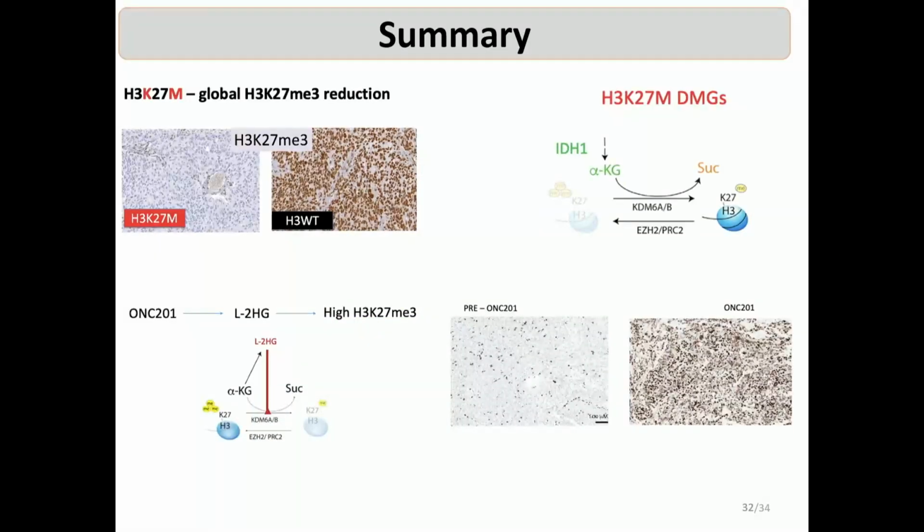So I'd like to summarize the 4 key take-home messages that I'd like to convey to you. The first is that this K27M mutation, that is the defining feature of these tumors, leads to a global reduction in this 27-trimethyl mark, as seen here in a K27M versus H3 wild-type cell line. This K27M mutation,